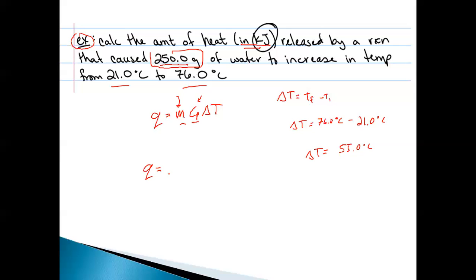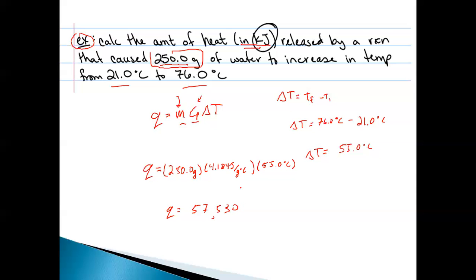So in terms of this, I have 250.0 grams. That's the mass of my water. The specific heat that I'm using is 4.184 joules per gram degree Celsius. And my delta T is 55.0 degrees Celsius. So plugging this all in, let's double check with sig figs. I have 3 here, I have 4 here, so I'm going to have 3 in my final answer. So I'm just going to quickly solve this for us: 250 times 4.184 times 55. I got an answer of